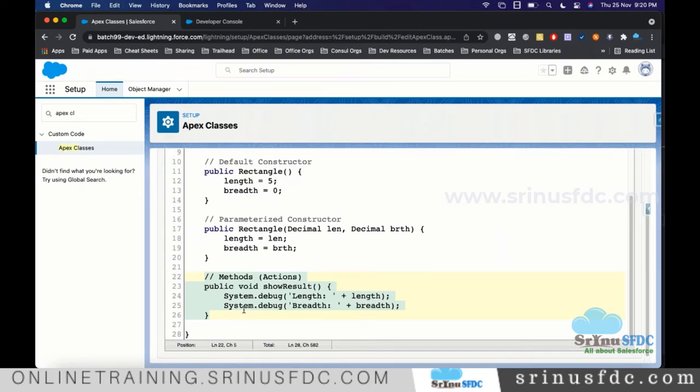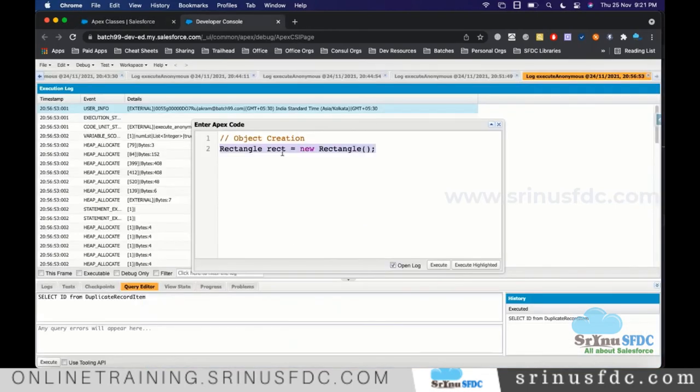We need to develop many more actions. For now, we have only one method, the reusable action. If you want to call this one, you have to call it through the object. If you want to start the car, you need to enter the car and start it. Without communicating with the car, you cannot do anything. In the same way here, through the object, we have to call the actions or the variables, whatever we define in the class.